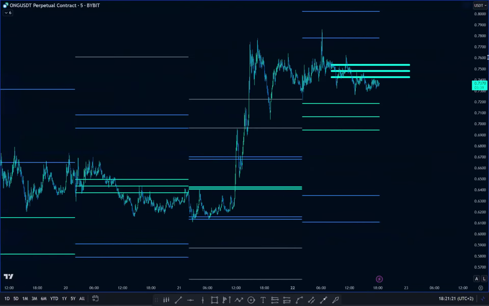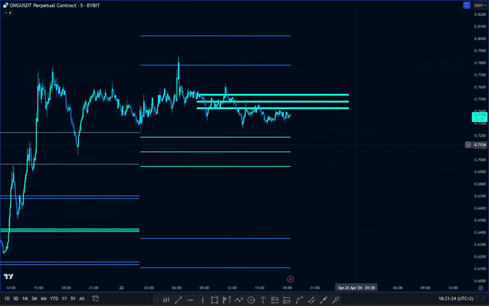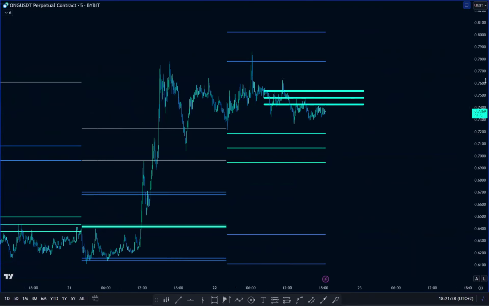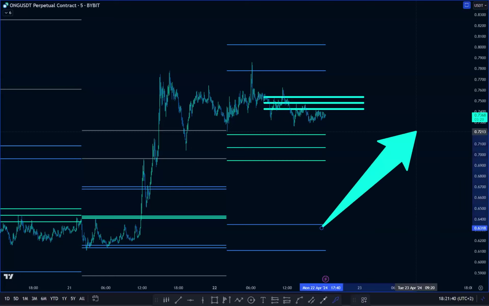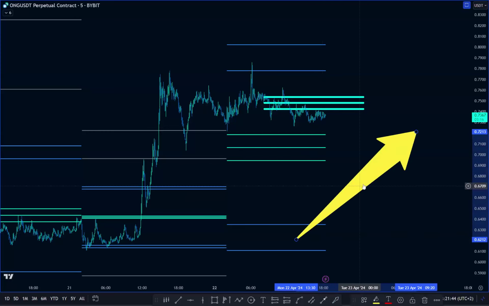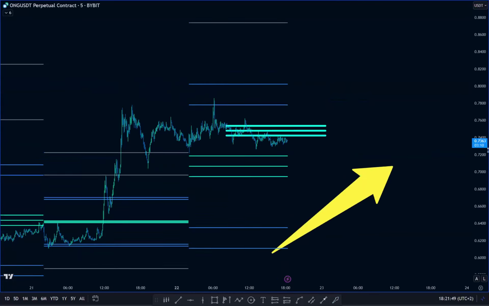So if you want to get a better idea of your entry, if you want to look into the future to find out what's going to happen, we're going to add these next day pivots, and this is really going to help you get a bit more of an edge to find out where that next day pivot is going to be located, because we know at this point the market is going up. We know because we looked at the weekly pivots, it's above the weekly pivot, market's going up. So now we're just looking for our entries, and using this next day pivot will really help us